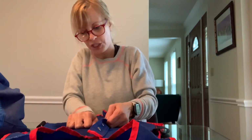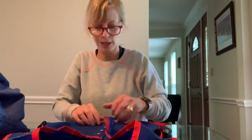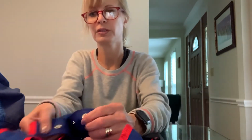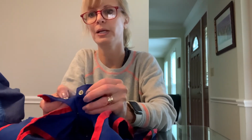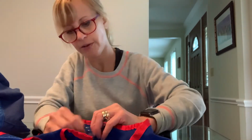I don't know if they're on jeans very often, but some kids do have trouble snapping their jeans at the top at school. So you want to just teach them where the center of the snap is and what to look for, the little hole. I always call this the little belly button. You're going to line up your snaps. I always start at the top,